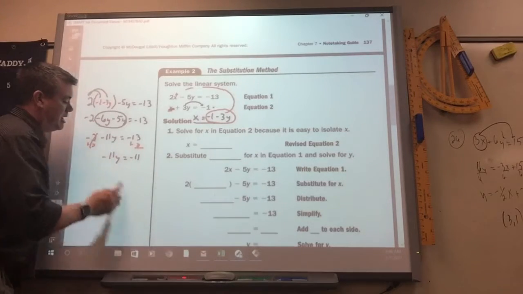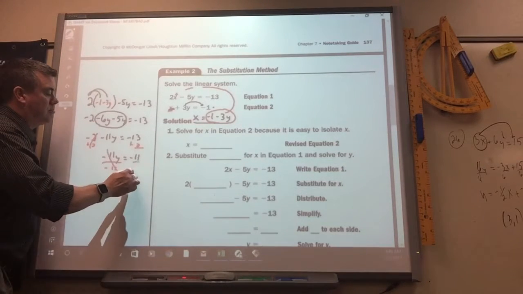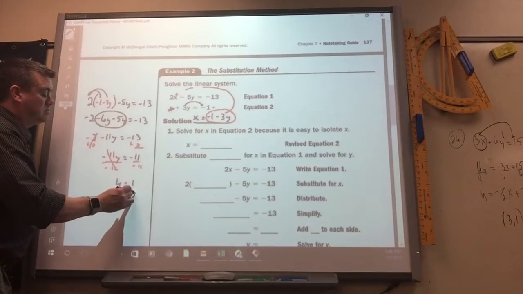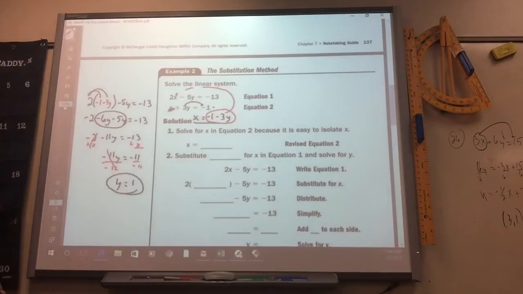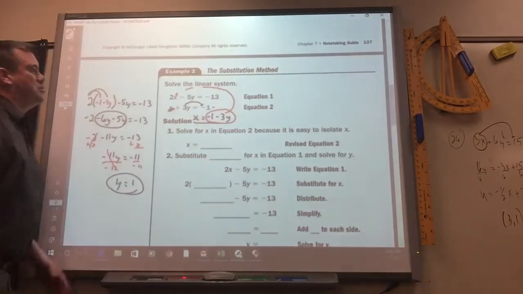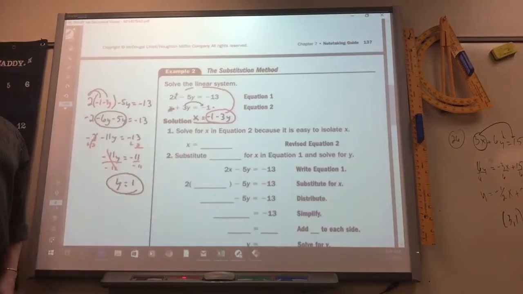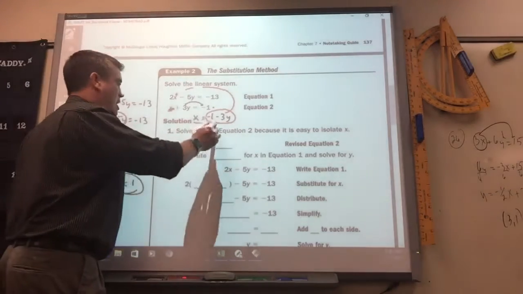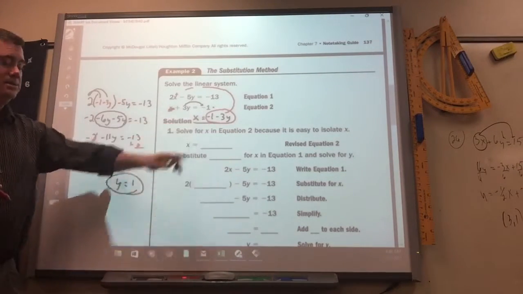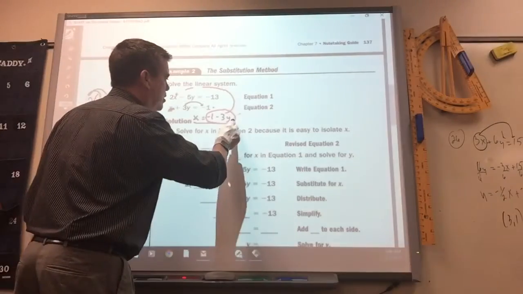And then divide by negative 11, and you get y is 1. So now that I know that y is 1, you can substitute it into any one of these equations for y and figure out what x is. This is always the easiest one to put it back into, the one where the letter is by itself. If I put a 1 in there,